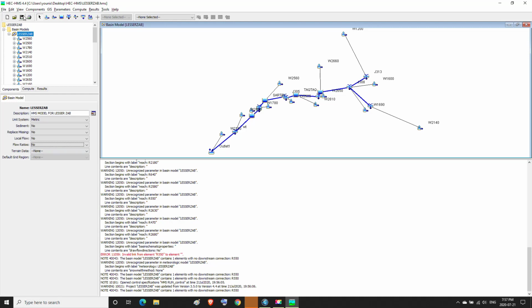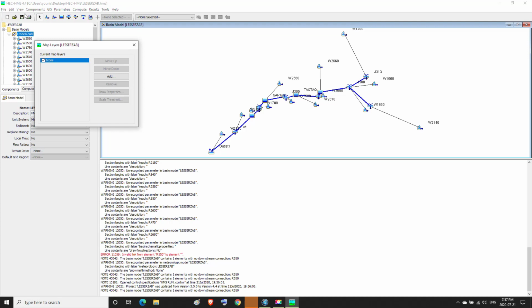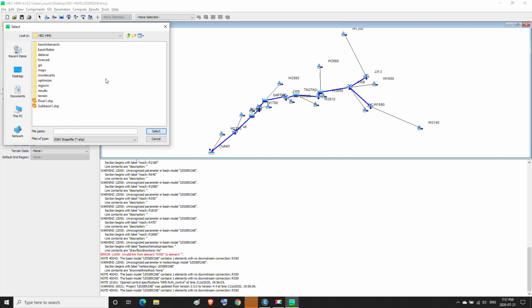Then we go to the View menu and we press on Map Layers. Then we press on Add. Then we add the subbasin1.shp.